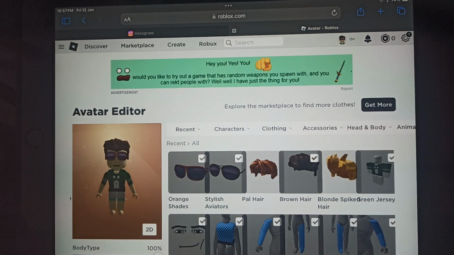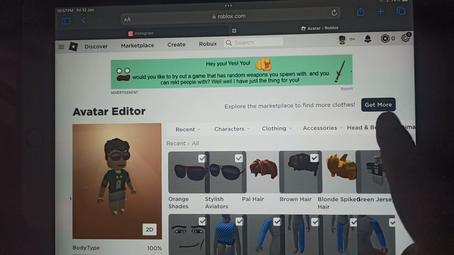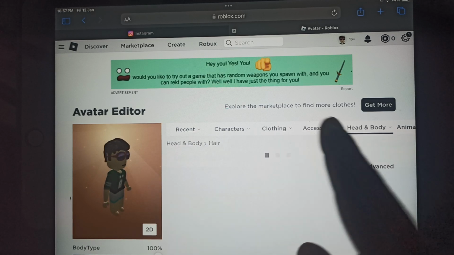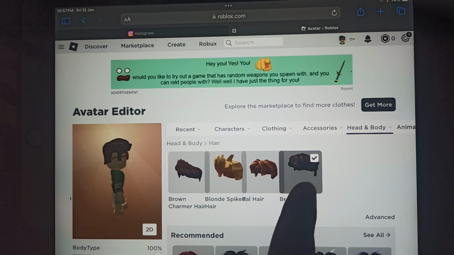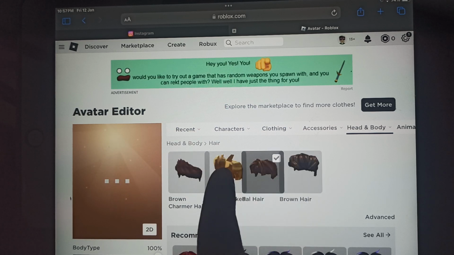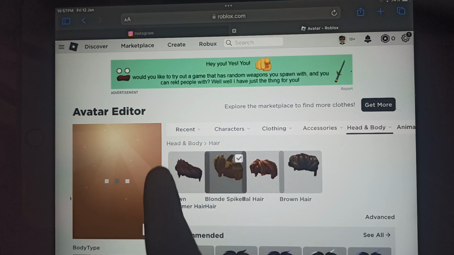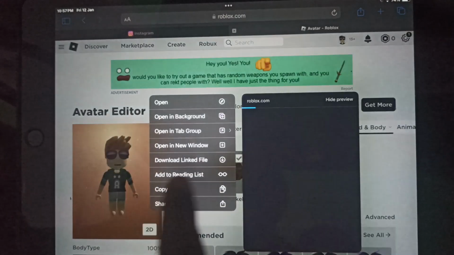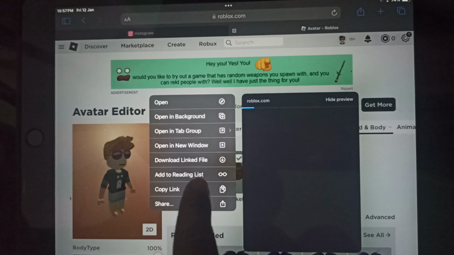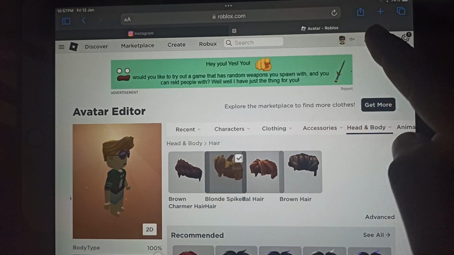And now once you're here guys, if you want to wear multiple hairs, just tap on Head and Body and go to here. And right now you can see that I have only selected one hair, so if I'm trying to select multiple hair it doesn't work, but I'll show you how you can do that on mobile or iPad. So you just need to hold a new hair and just copy the link address, open a new tab from here